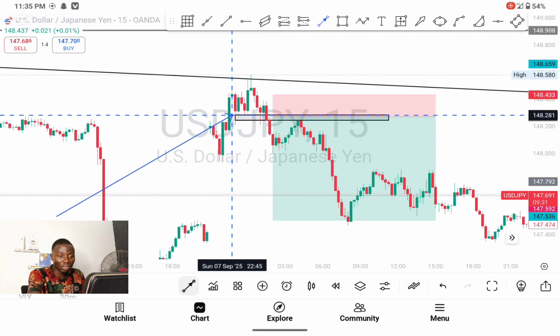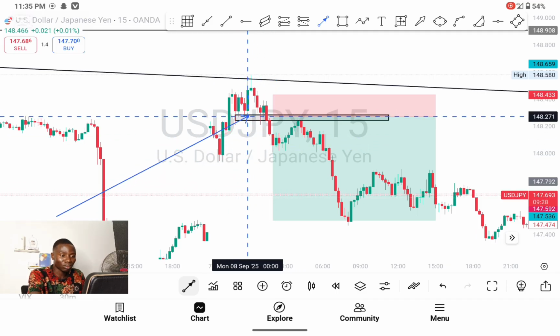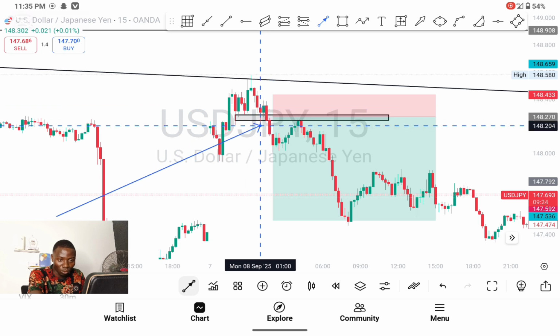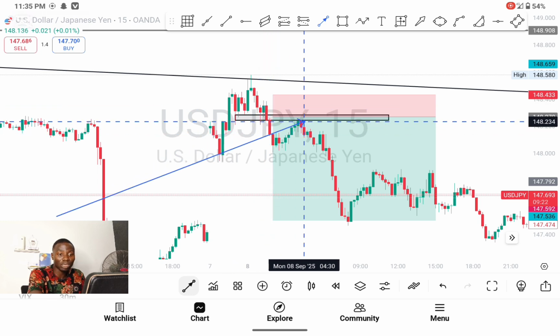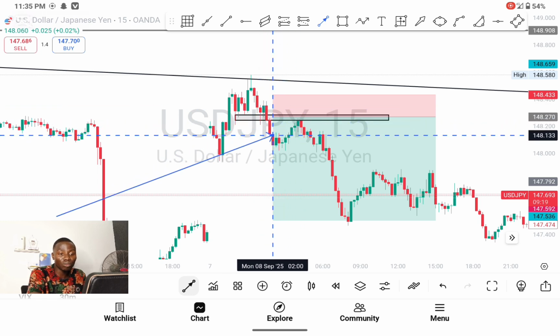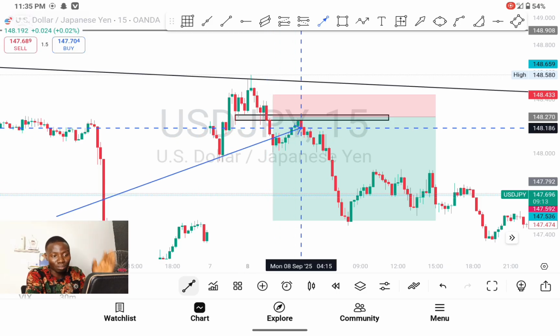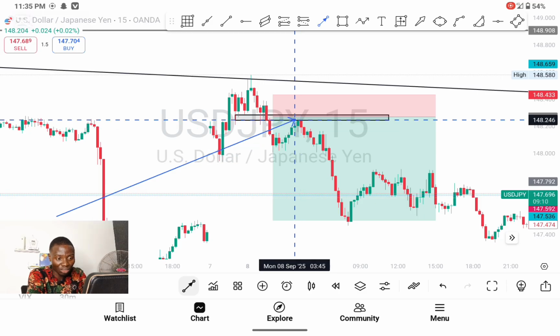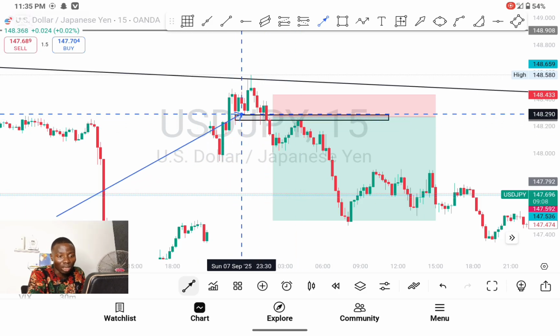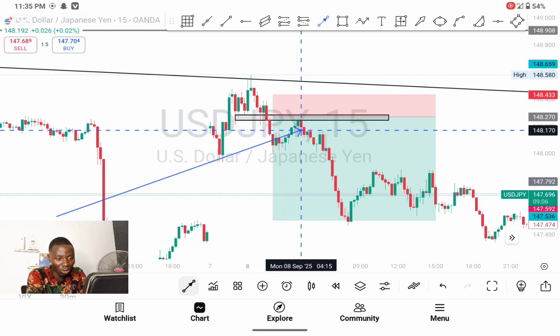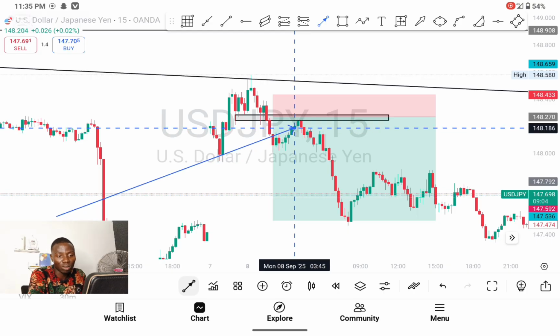Because this is a resistant place. So breaking this and now having a serious pullback is a big confirmation for me to enter. And what did I find again to enter? Apart from the break and retest that I'm seeing at this place, I saw an engulfing candle at this place. Can you see very well?